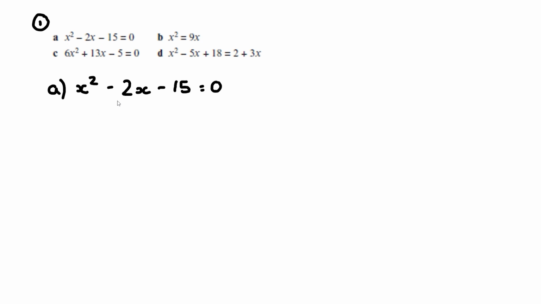So in this case, we want two numbers that multiply to this, and the same two numbers that add to this, which in this case are minus 5 and 3. So we're going to write that in our brackets. So x minus 5 and x plus 3 equals 0. So how can we solve for x? Well,